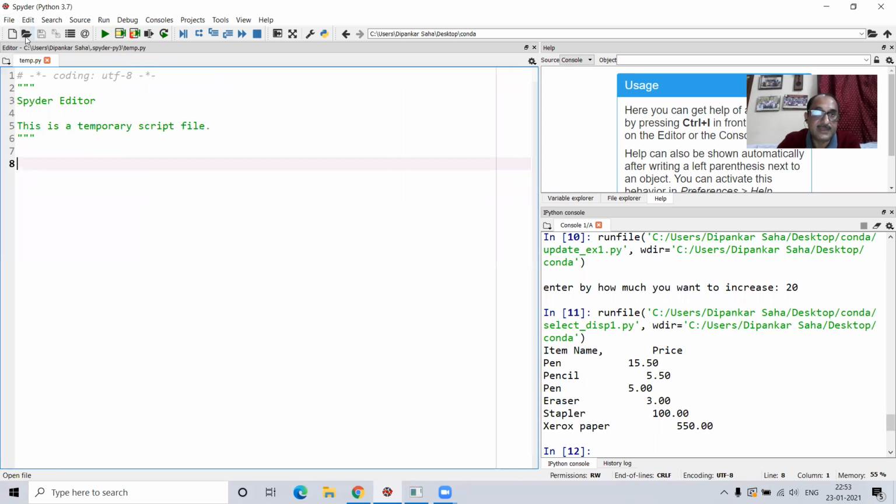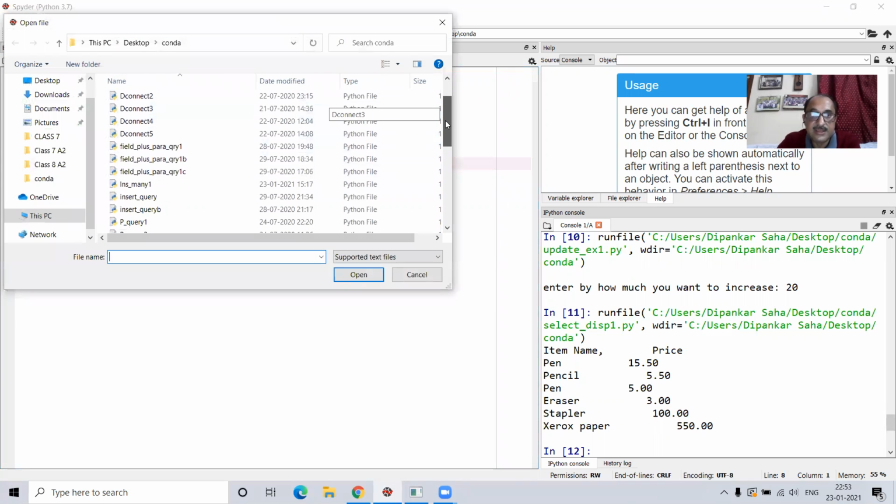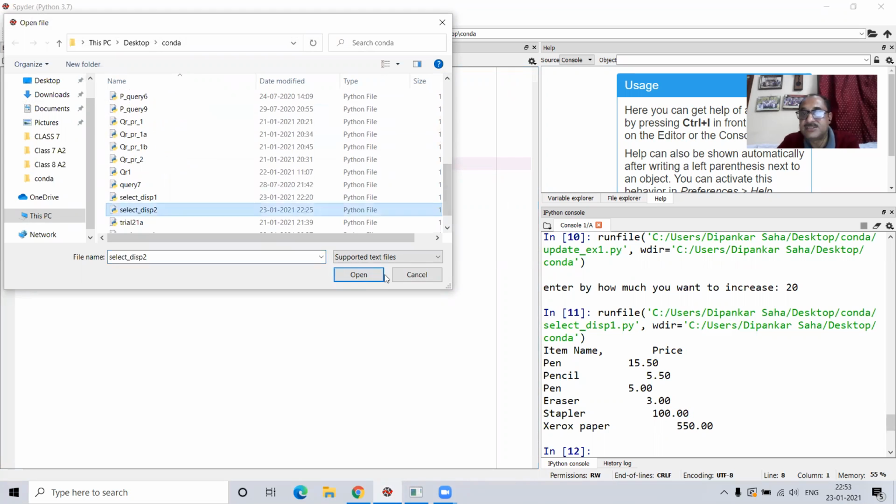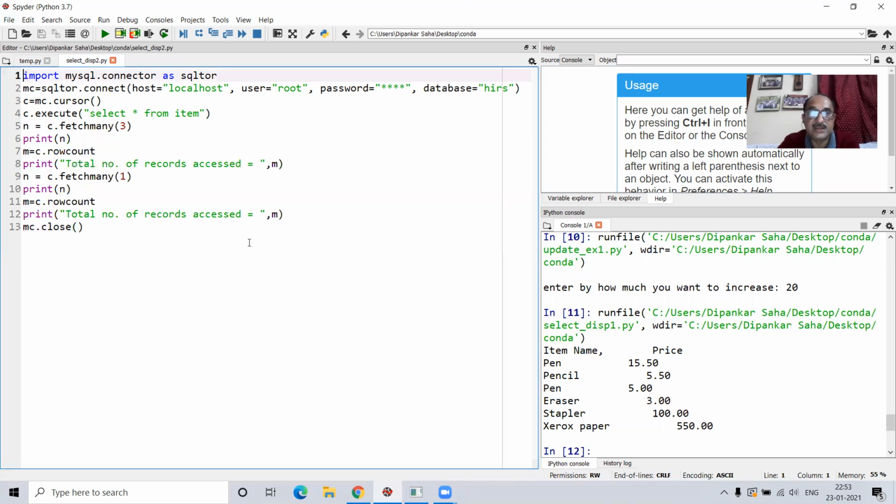Secondly, let's come back to this point which I was just now talking about. That is fetch many, fetch one, and fetch all. To understand the difference, fetch all you have already used. You get that entire data set. Now here, look at this.